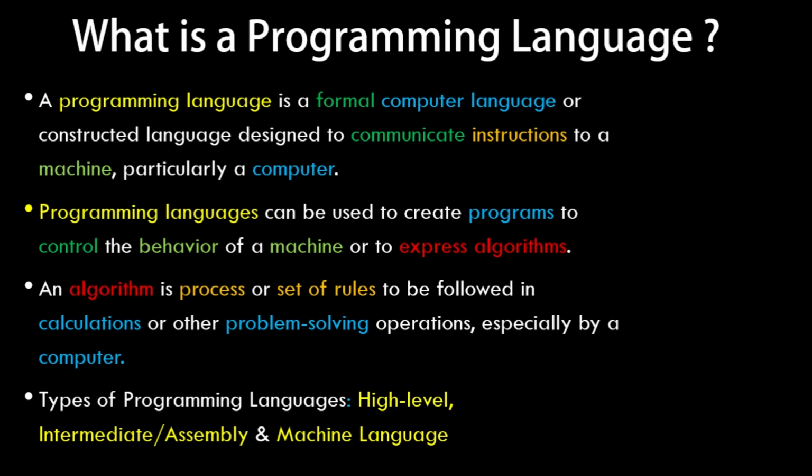So what is a programming language? A programming language is a formal language for computers. Just as we humans communicate with each other, a programming language is what machines or computers use to understand and perform different functions for humans. Basically, a computer is a dumb device and it doesn't understand or perform any task until and unless we tell it to do so. The way we communicate with them is via these programming languages.